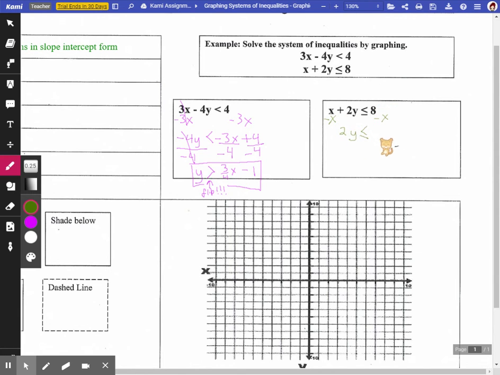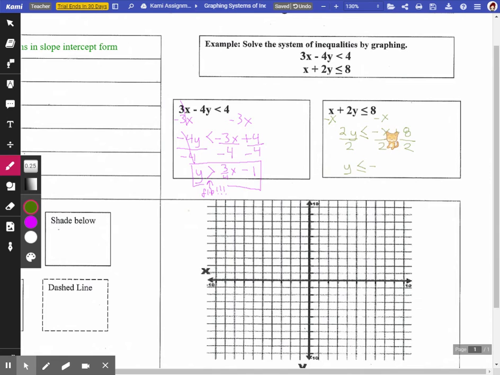2y is less than or equal to negative x plus 8. Divide by 2, divide by 2, divide by 2. We don't flip it this time because we're dividing by a positive number. So y is still less than or equal